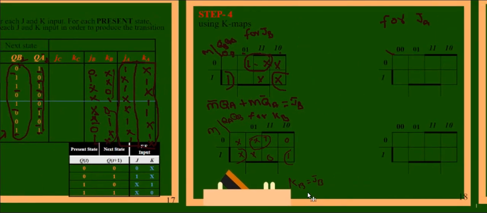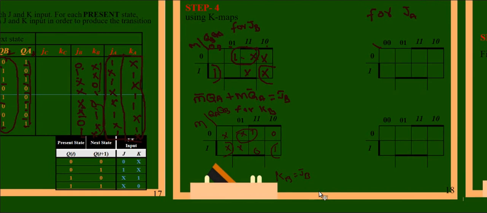When you move to the next one, JA or KA, I already told you all are present, so do not worry about the K-map. We can directly say that JA is equal to 1 because everything is 1 or don't care, so all the grouping is possible. Similarly for KA. So JA and KA are both equal to 1 in this case.